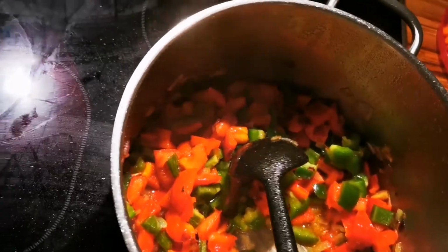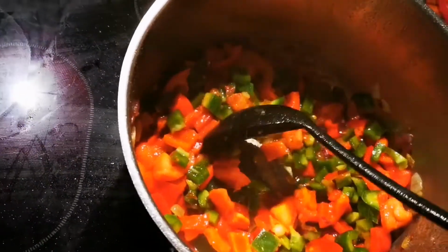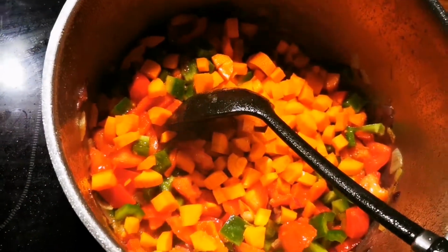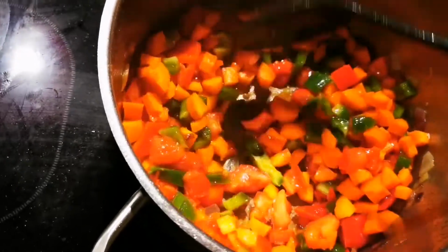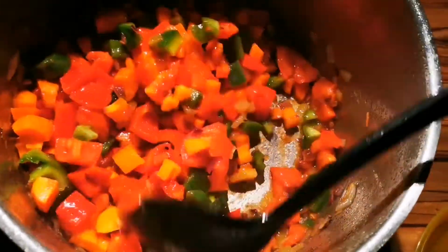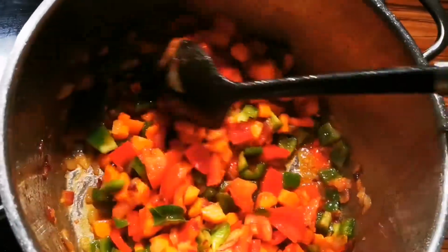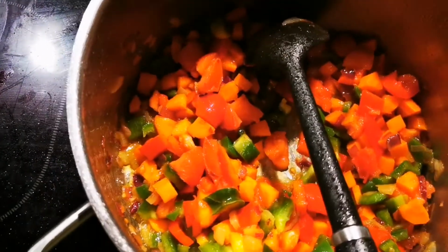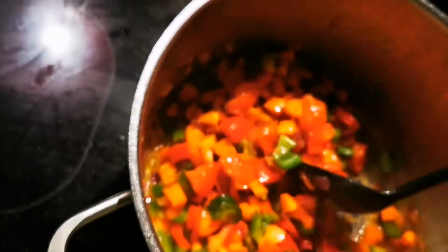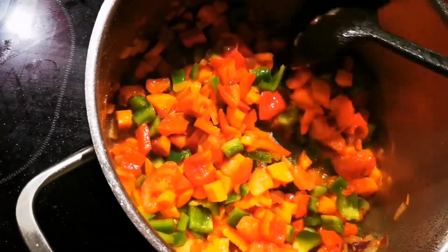Es sieht so schön bunt aus, sehr gesund mit vielen Vitaminen. Dann kommen die Karotten. Then I'm going to add the carrots. And of course, you don't have to put a lot of vegetables like I'm doing, as I mentioned before. This is my way of doing it. So you can put the vegetables you like, you don't have to put all of them. Also das ist meine Methode. Du kannst dann auch machen, ohne so viele Gemüse reintun, aber das ist halt, ja, so wir